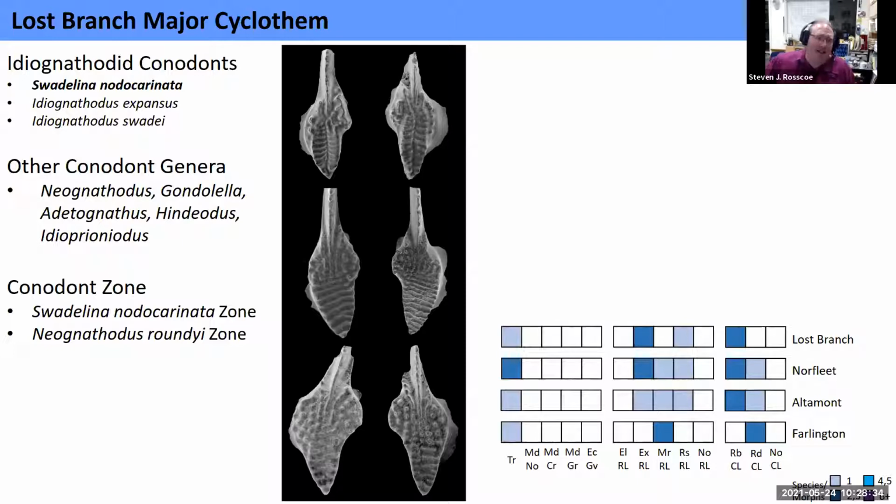You can see those nice restricted rostral lobes there, and really beautifully developed Idionethotus suedei. And these suedei are fairly robust and very, very common in this cyclothem. We do have Neonethotus here, abundant Gondolella, and pretty much everything else as well. But we already have started to see a little bit of decline in diversity because of the loss of Suedolina neoshoensis. And if we go to the next slide,